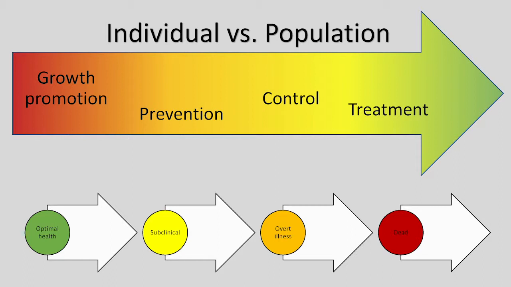Okay, so in agriculture, like I said, we have those pigs, or cattle or whatever the case may be, where we're talking about the individual and we're trying to address the ones that have overt illness and manage the ones that have subclinical. But frankly, when we're using our antimicrobials, this is much more of a continuum. This is not a black and white thing. Growth promotion is on there simply because it's a word that's still in our vernacular when we talk about antimicrobial use in agriculture. I'm pleased to say that finally now in Canadian regulations, we no longer have any antimicrobials registered for use as growth promotants. That's happened in the last year or so.